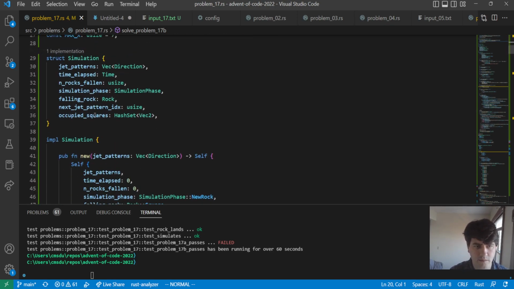Okay, one thing I want to do, let's turn occupied squares into a bit mask, which is basically just going to be a bunch of bits, because it makes it a lot easier to do collisions. And maybe we can reduce. It might also make it easy to simplify,